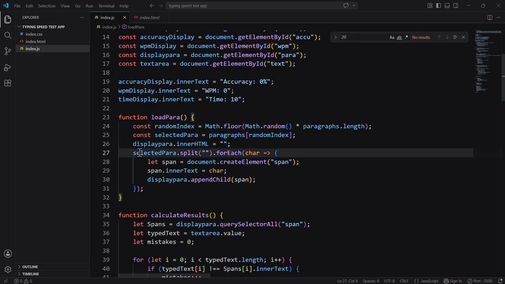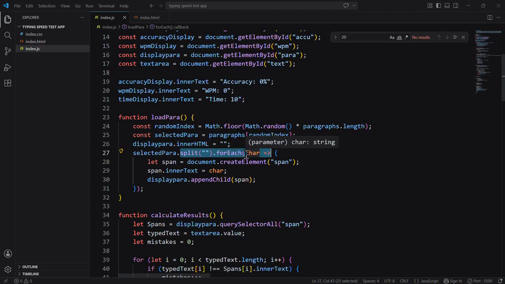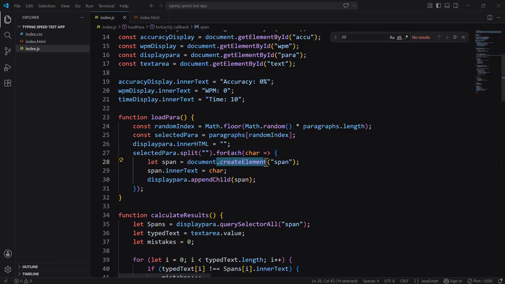So selectedParagraph dot split, we use built-in forms of JavaScript for displaying the paragraph, split dot forEach for every paragraph, and let span be equal to document dot createElement, a built-in form of JavaScript.